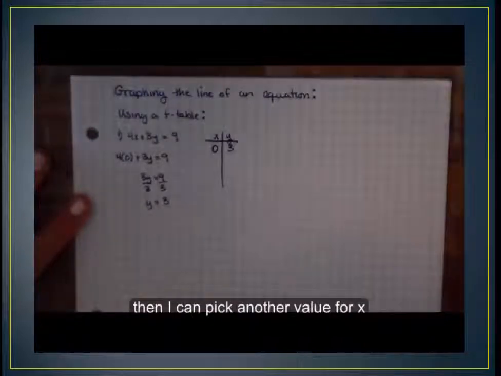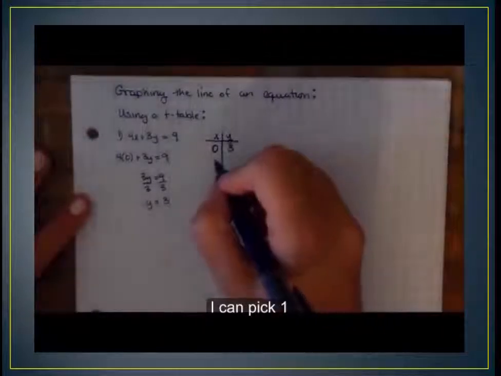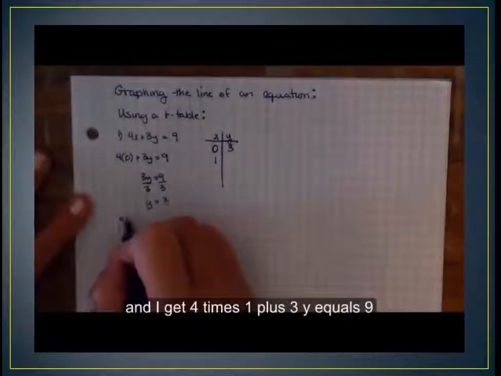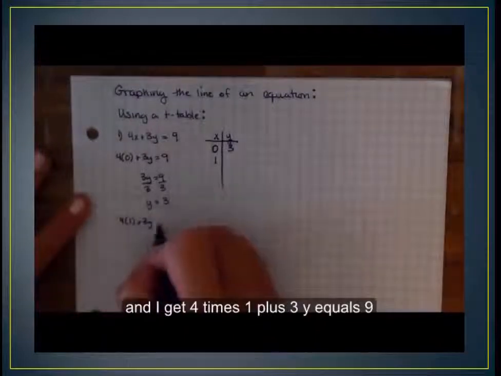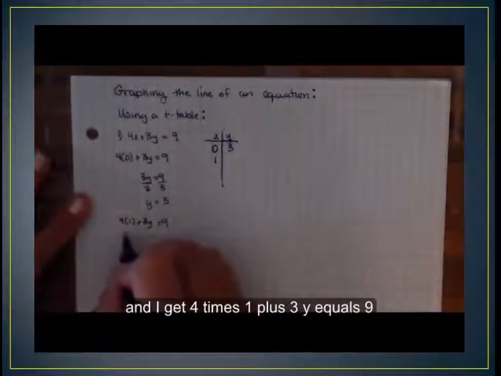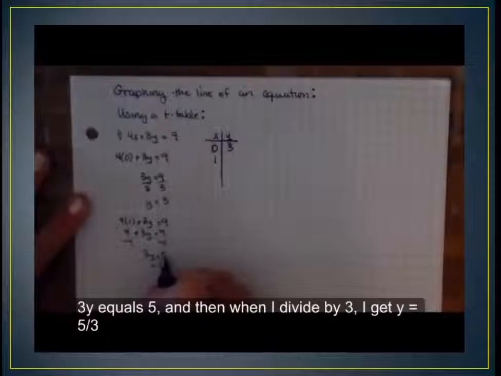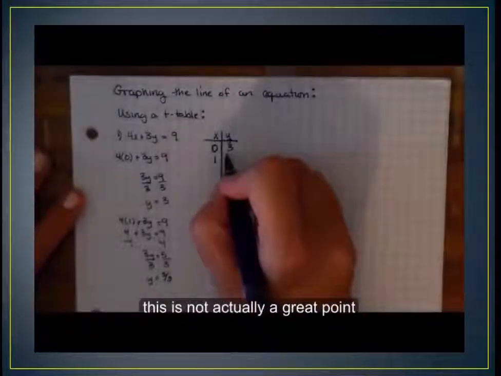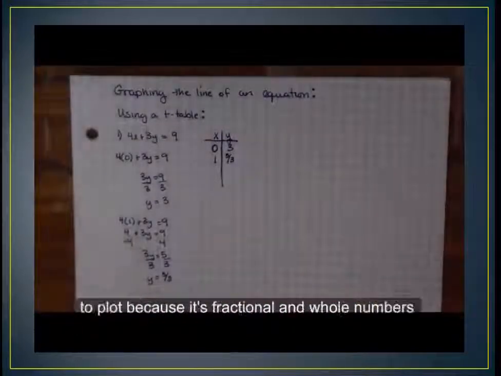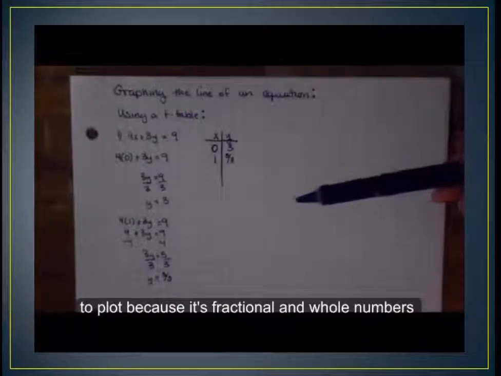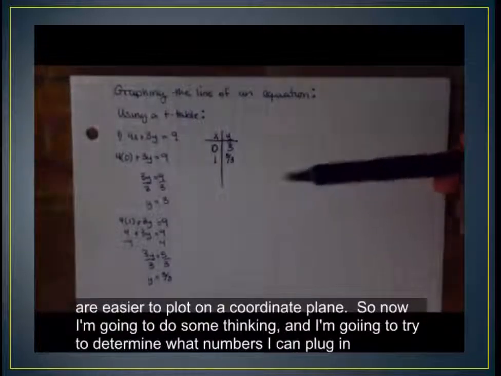Then I can pick another value for x. I can pick 1, and I get 4 times 1 plus 3y equals 9. 4 plus 3y equals 9. Subtract 4 from both sides. 3y equals 5, and then when I divide by 3, I get y equals 5/3. This is not actually a great point to plot because it's fractional, and whole numbers are easier to plot on